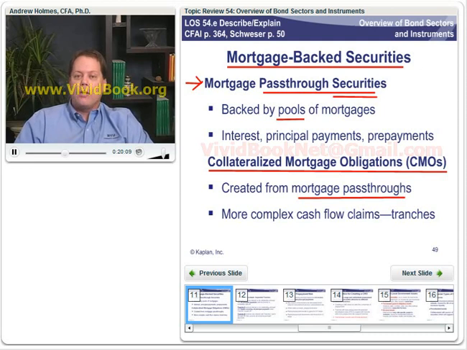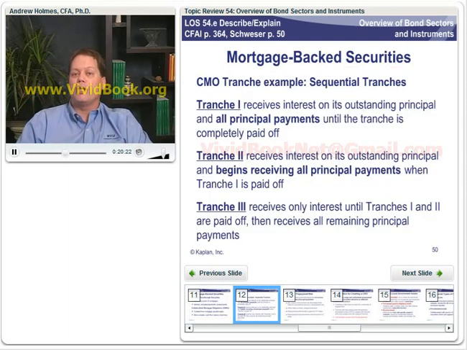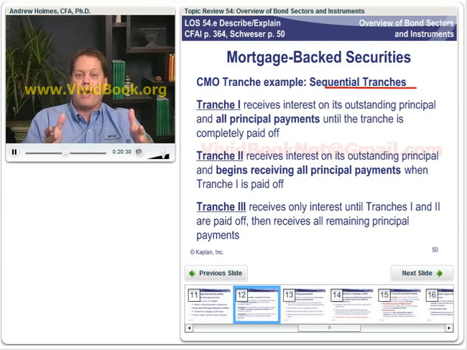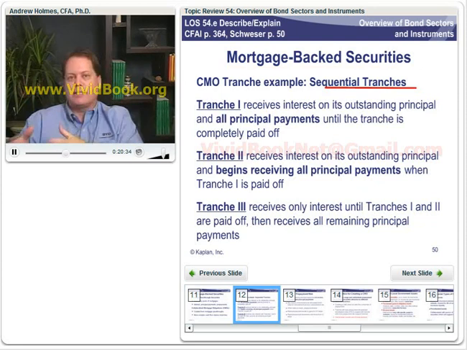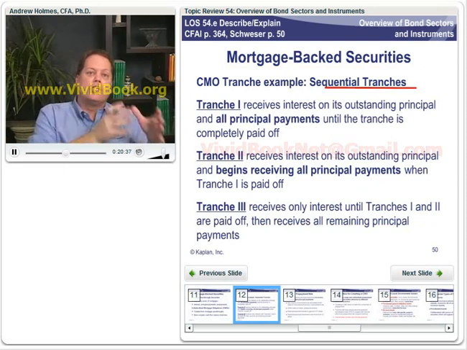Now, don't worry about the tranche word. All that means is it's a bond or it's a category, something like that. But we're going to create tranches that are going to have different risk characteristics. So the initial type of CMO that was originated, and still what is the most simple, is called a sequential pay tranche. So here's what we could do. We could take our $100 million worth of mortgage pass-through certificates, and we could break them down into three groups, A, B, and C, also calling that short, medium, and long.